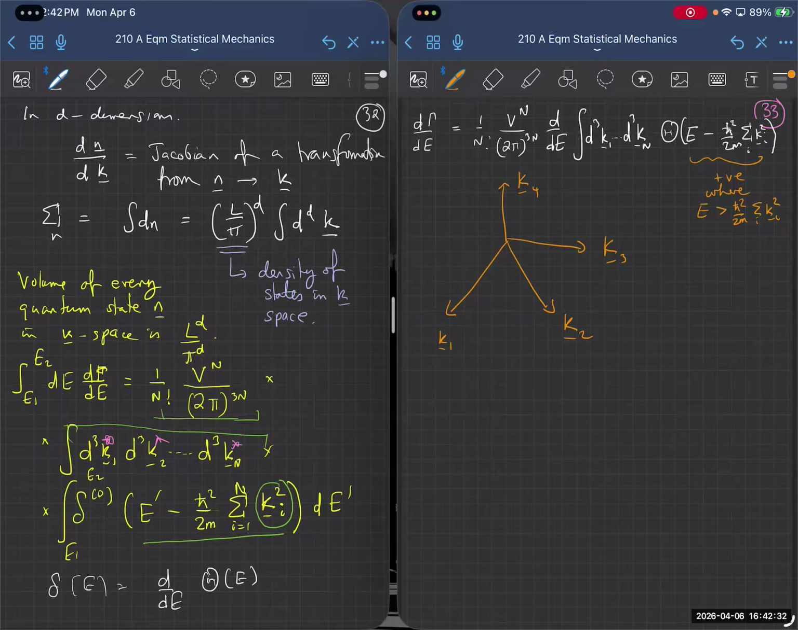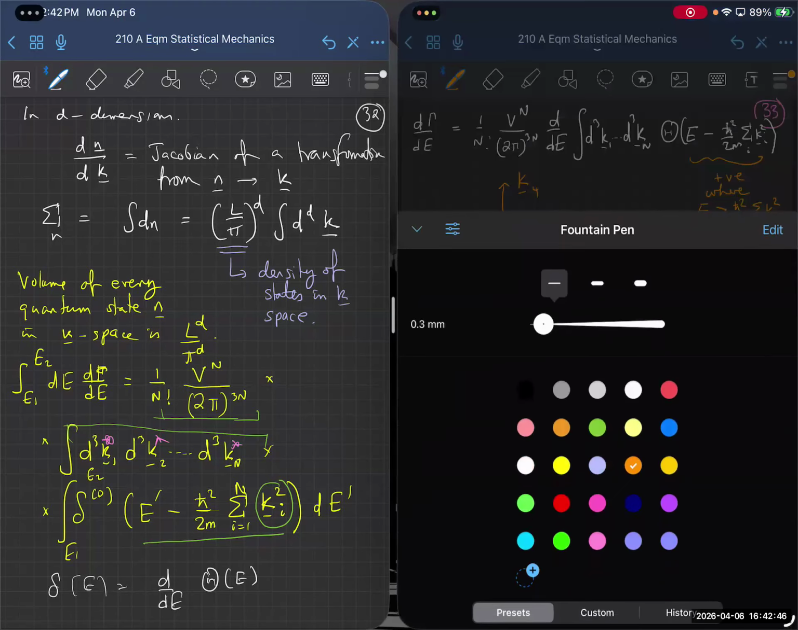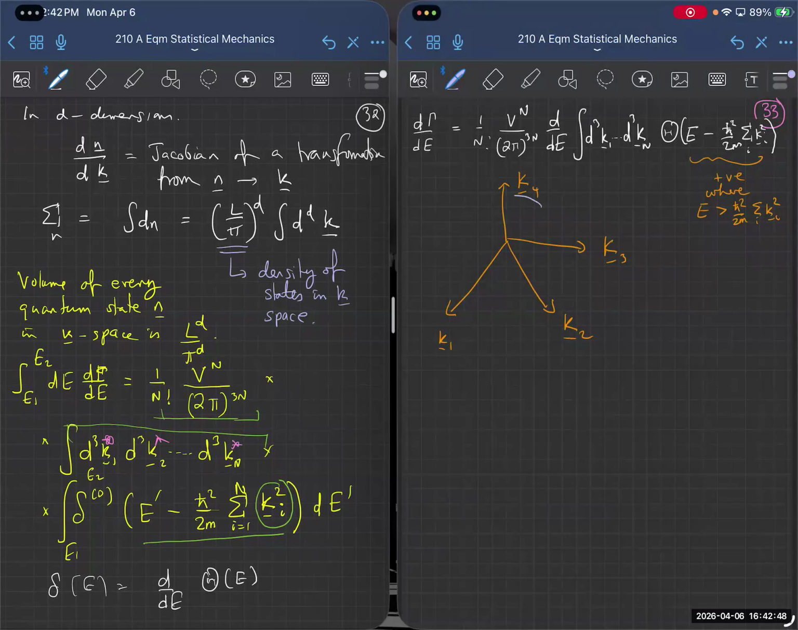X squared plus y squared plus z squared is the radius of a sphere in 3 dimensions. So the sum over ki squared from 1 to n is the radius squared of a sphere in n dimensions. So what this actually is, I've got a sphere, a radius, let's call it r. And as long as we are sampling the inside of that sphere, all the possible k values